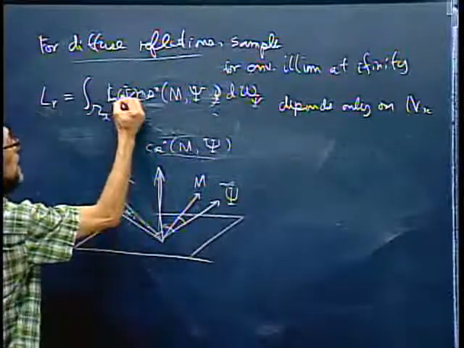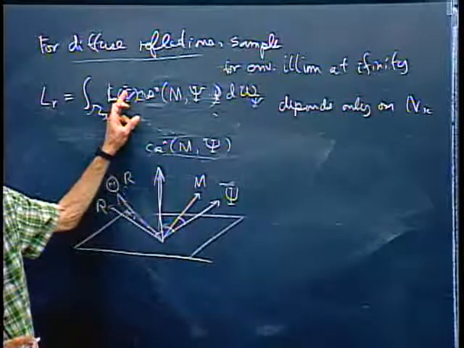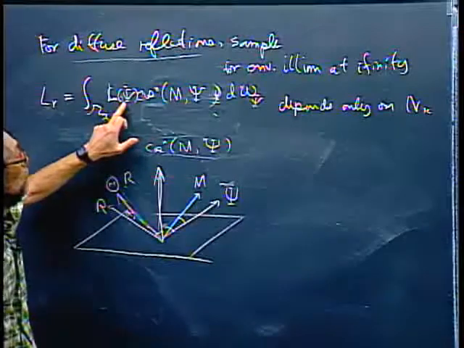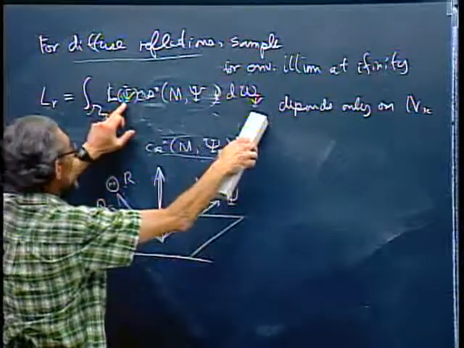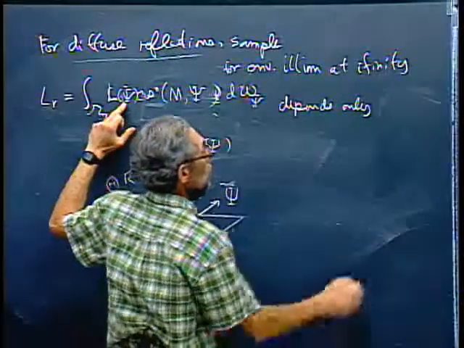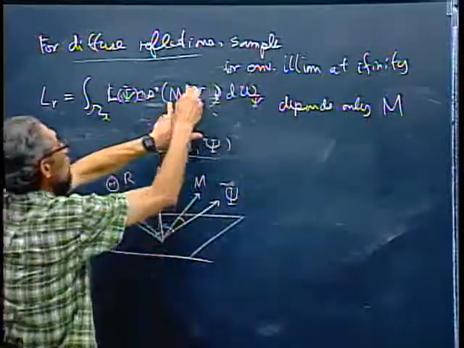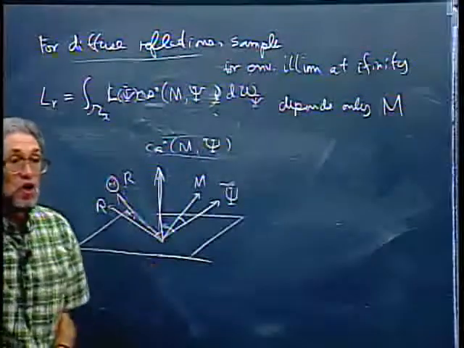And it's at the point x, but if it's environmental illumination, it doesn't depend on the point x because it's coming in from infinity. So now I've changed my formula on the board because I was running out of time, but the point is this depends only on m. Because this is an integral over psi, and I've removed all the other dependencies. So that means you can actually